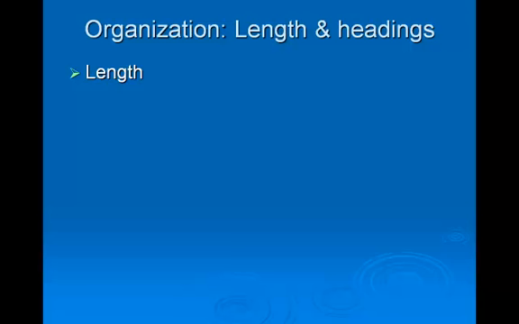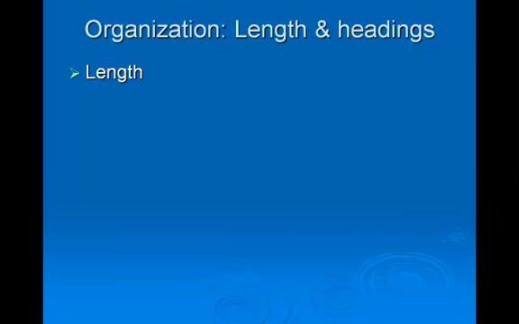So the length of the paper is variable, but again, you want to communicate enough information. If it's a manuscript of a research article, you want to have enough in the introduction to give a good background. It doesn't have to be an exhaustive literature review, but enough of a literature review to give a background of what you're talking about and to justify your hypothesis. And then in the method, obviously, you have to give enough detail so somebody could replicate results. They should know exactly what you found, and be able to run those analyses again to check your numbers. And then the discussion needs enough to get your arguments across about what your findings mean, and what maybe they don't mean,